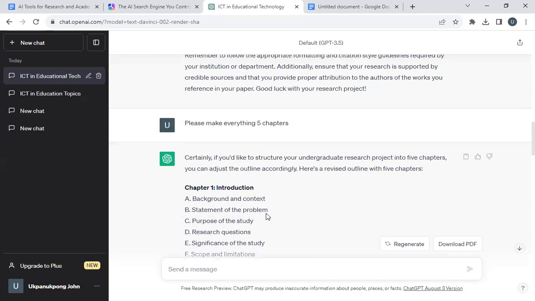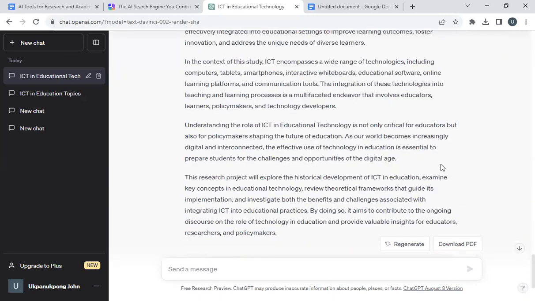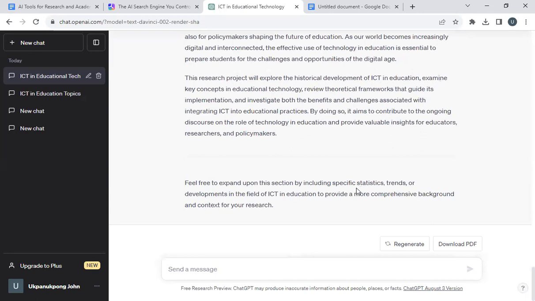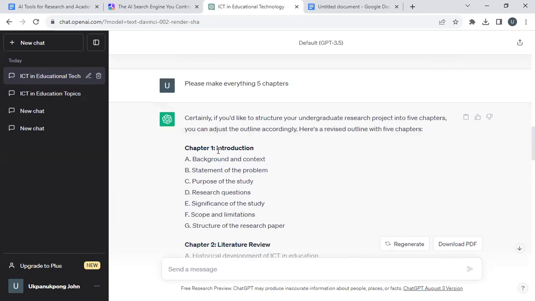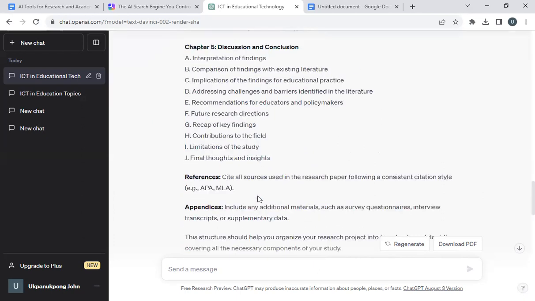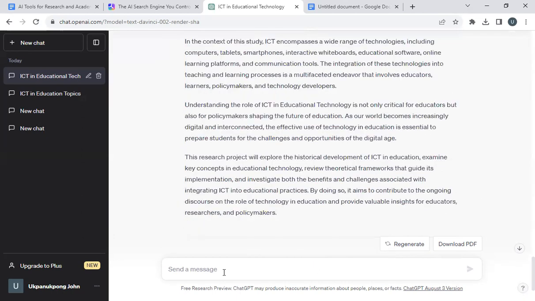And then the next thing I'm going to tell it, if I like, based on the suggestion it has given here, I can give specific statistics, trends, and ask it to write more on that. But I don't want it for the purpose of this lecture. You can explore more. For the purpose of this lecture, I want to just finish everything about chapter 1 here. So the next thing I'm going to ask it to write about is the statement of the problem. Write on the statement of the problem. So remember,